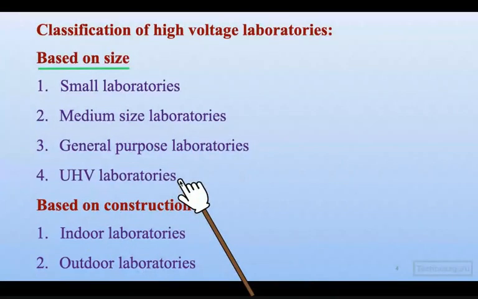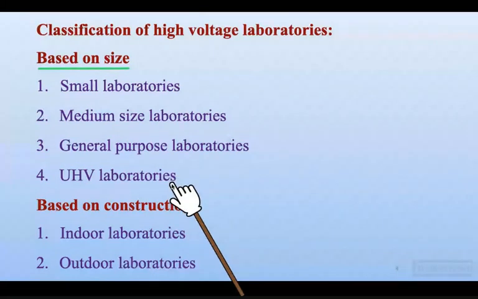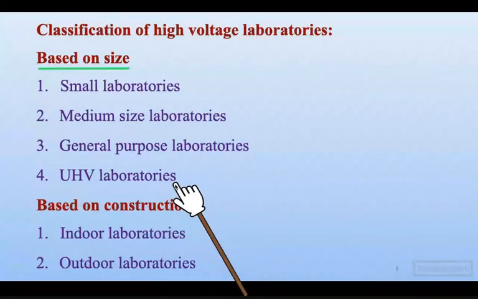These are generally used by the Department of Science and Technology, CSIR, or CPRI, Central Power Research Institute, which is responsible for conducting testing at very high voltages. They have ultra high voltage, very costly equipment, very large in size, enormous. Those who have visited, there are labs in Bangalore and Hyderabad. The size of the equipment is huge, and so also the rating.